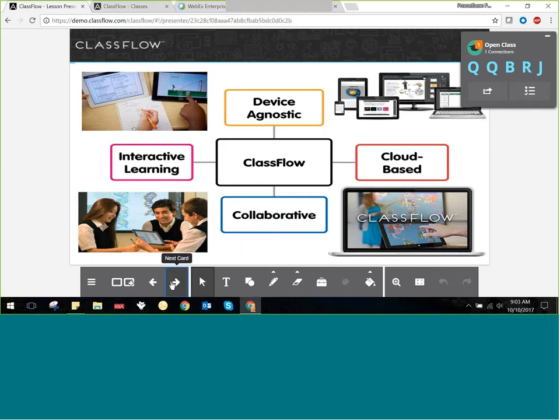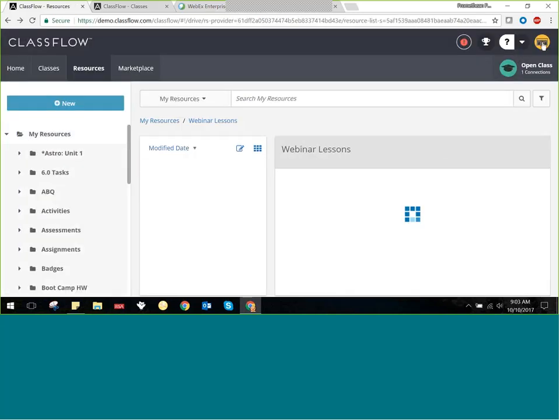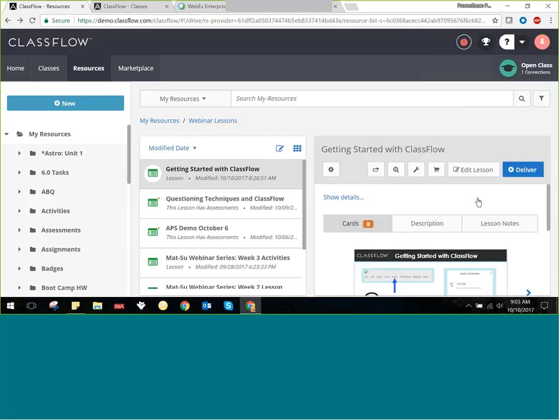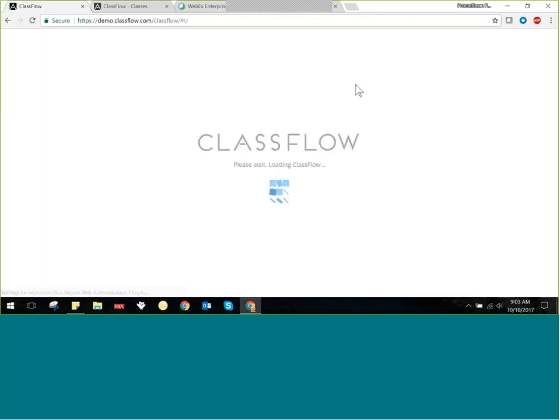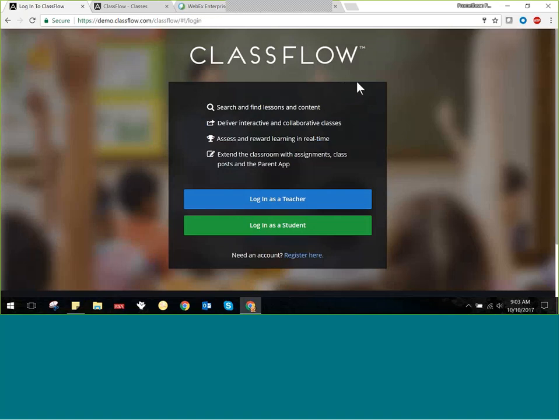Okay, so to get started, I'm going to exit out of this, and I'm actually going to log out of my account, even though I'm currently logged in. If I want to show you the site, I think it makes sense for us to start in a logged out state. So now my URL is a little bit different because I'm using a demo account right now, but you would go to